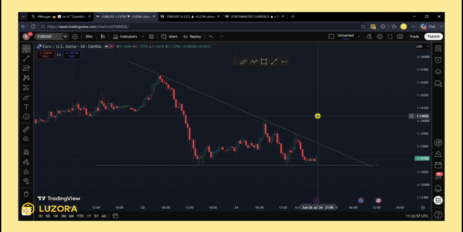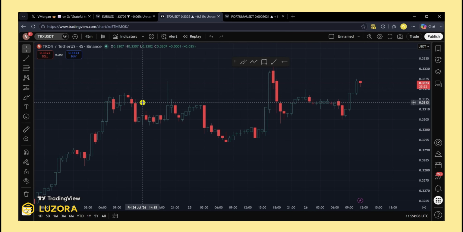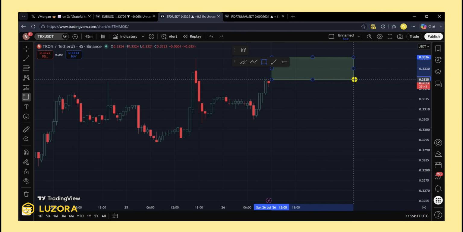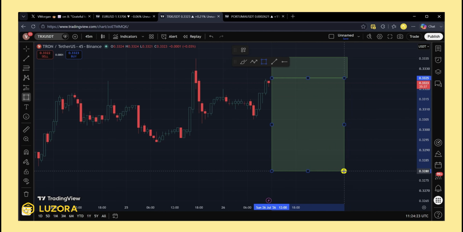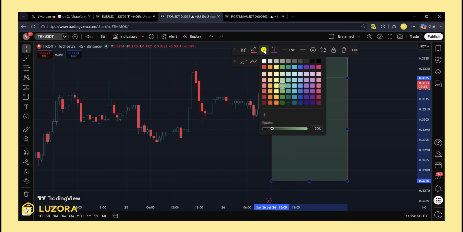Like, how will Luzora help me come back to this at a particular time? Knowing that he's not only analyzing EURUSD, he's probably also analyzing Tron USDT. Now, he has also done his analysis on Tron USDT, and he wants to come and, say, place a short on Tron USDT. And I know this is not the drawing tool for placing a short, yes, but I'm just using this for the description. He wants to place a short on this, and coming back to it is